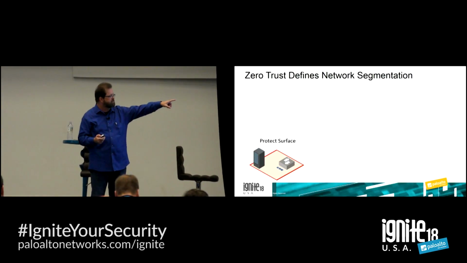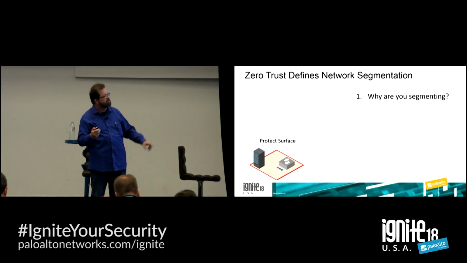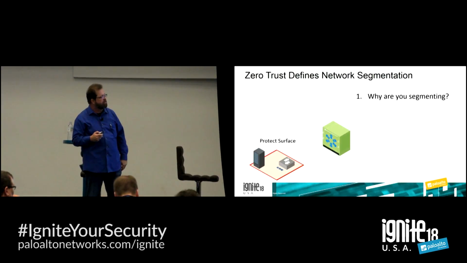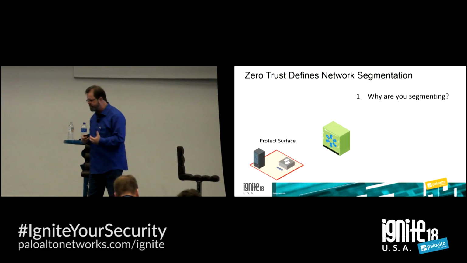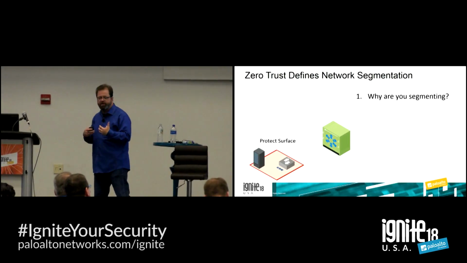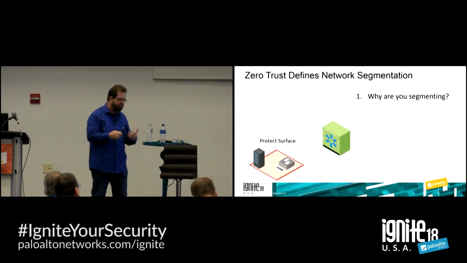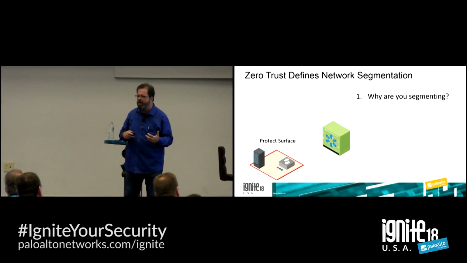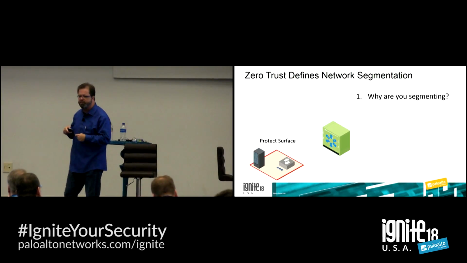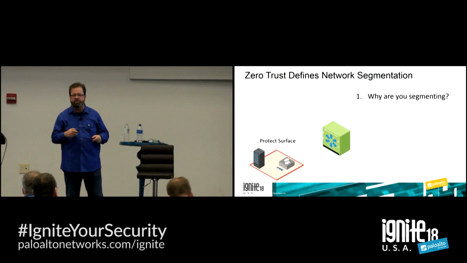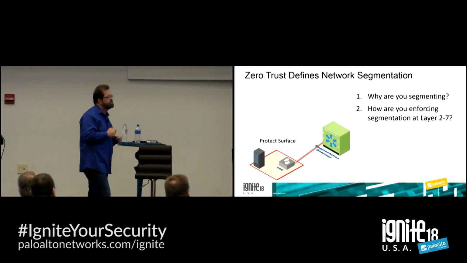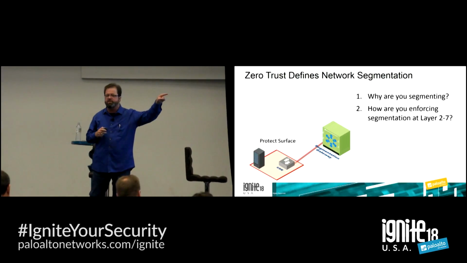So we define the protect surface. And then what Zero Trust tells me is, why are you segmenting? Because I need to put something in a protect surface. And then I throw in my segmentation gateway. This is a gateway that collapses all the network security controls into a single platform and segments networks based upon users, applications, or data. It's a next-generation firewall. When I use a next-generation firewall in a Zero Trust environment, it functions as a segmentation gateway. And that segmentation gateway connects to the protect surface and answers the question, how are you enforcing segmentation layer 2